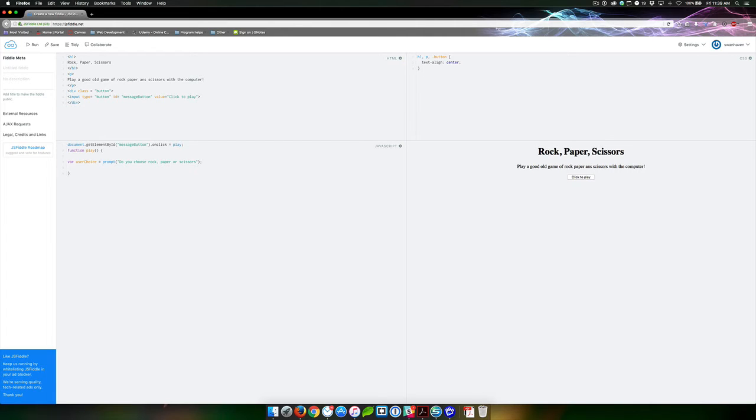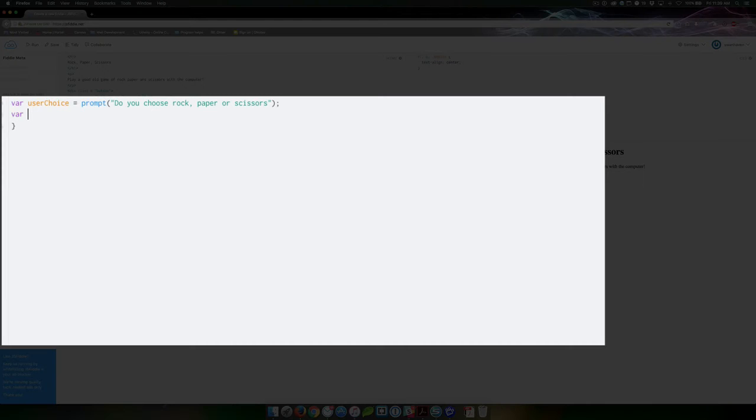Okay, so the next thing we need to do is have the computer make a choice. Now, we don't obviously want the user to be able to put in this choice, otherwise they'd win all the time because we all like to win. So I'm going to teach you a quick little function that we're going to put in here in the variable, and basically what it's going to do is run